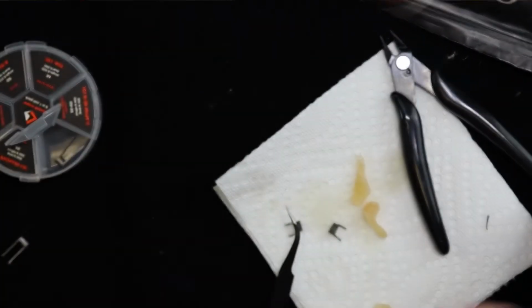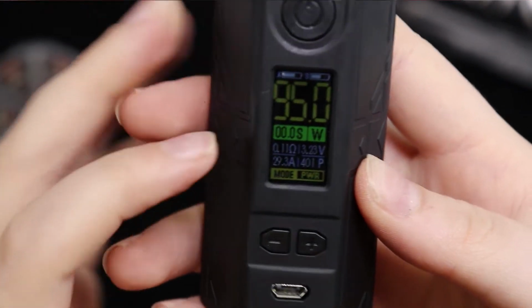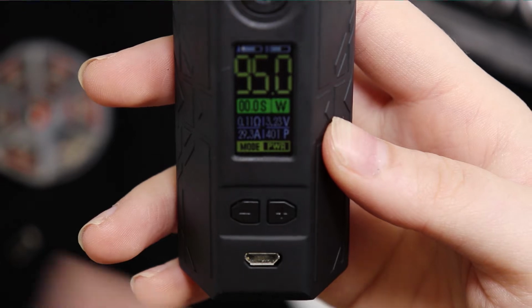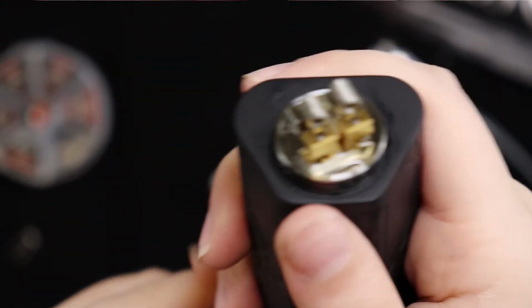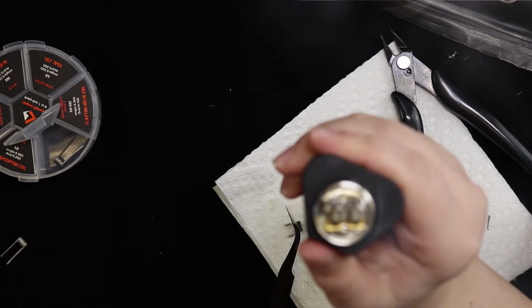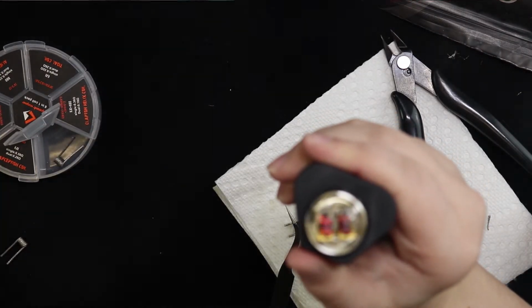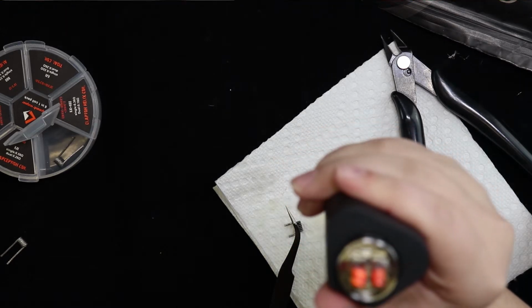Now once you have them tightened, you can look at your mod and you can see what the ohm is at. Right now it's looking like the ohms are at 0.11. So I'm going to start firing and see how they're glowing. Yeah, they are heating up a little evenly, but